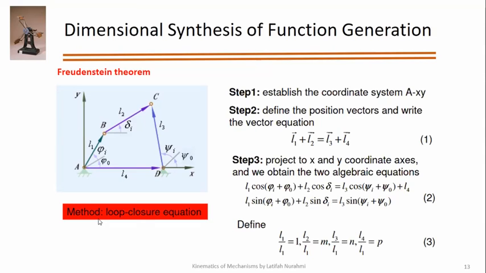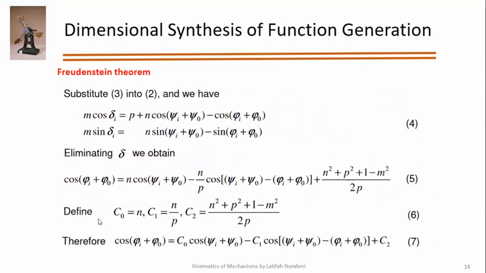So accordingly your mechanisms, how it is made, you can synthesize your mechanism. This is just one example. We have shown it to you here. That's for this Freudenstein's theorem, and how you can go about it and make this equation, which will give you the path or synthesis of your function generation, which will give you a path,